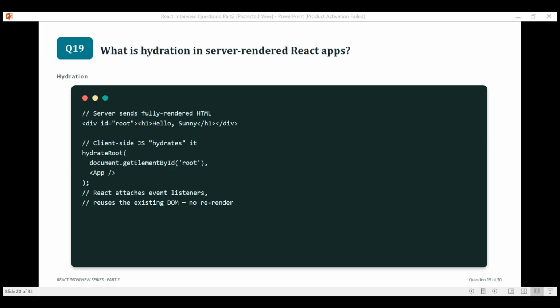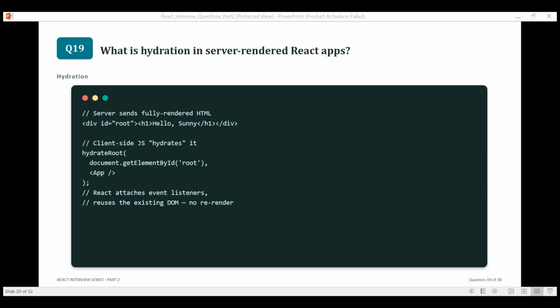On the client, instead of calling the regular createRoot and render, we call hydrateRoot, pointing it at that existing DOM node. React then matches its virtual representation against what's already on the page and makes it interactive without needlessly recreating those